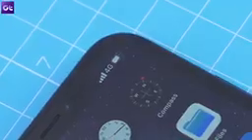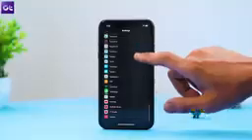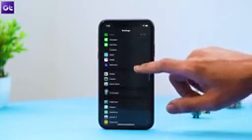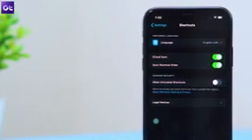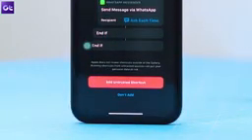However, if this is the first time you're installing a script, you will have to take care of some security settings related to the Shortcuts app for iOS. To do so, open up the settings, scroll down to Shortcuts and tap on it. Here under Sharing Security, enable the option Allow Untrusted Shortcuts. Once you have done that, open up the link and scroll down to select the option that says Add Untrusted Shortcut. The shortcut will then ask you for your country code, which should be entered without the plus sign,